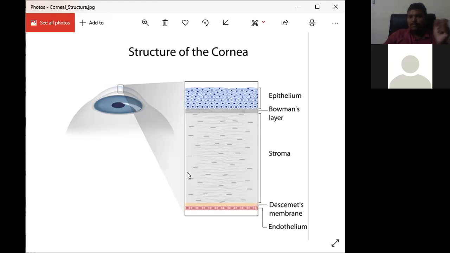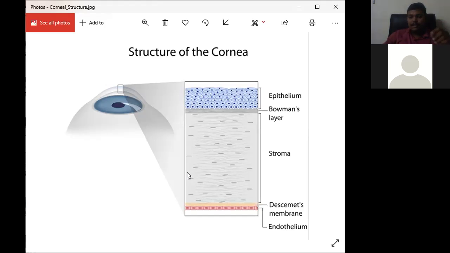So if you see, I did not mention any types of cells. The superficial layer is made up of epithelial cells only. That's all, and the remaining layers don't have any other cells. Like in the case of conjunctiva, the stromal layer contains so many different types of cells, like the lysozymes or the macrophages. Those cells will be present in the conjunctiva, or some types of glands are also present in the conjunctiva. But in this cornea, we don't find any such type of cells. It is purely made up of lamella. That's all, right?